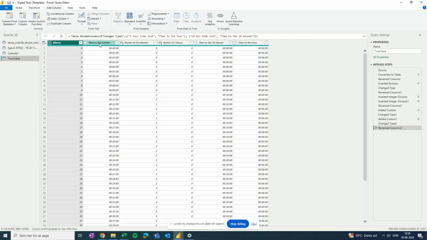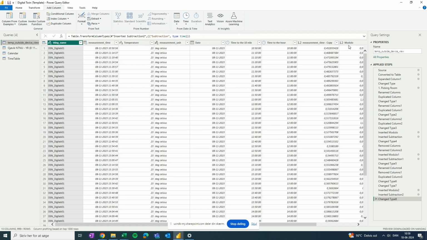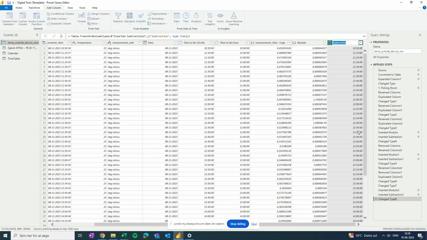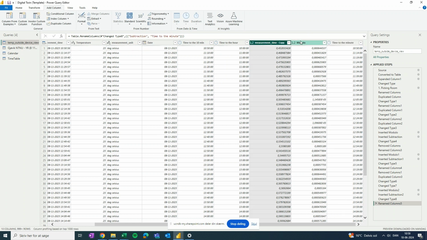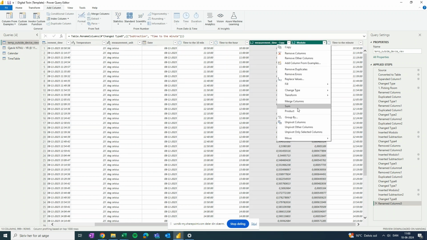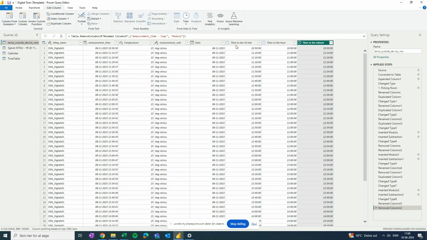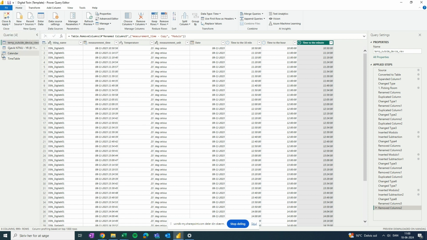So these two, time to the minute and this one, rename time to the minute. And just for saving data, I will delete this, remove columns. Okay, so we can now press close and apply,